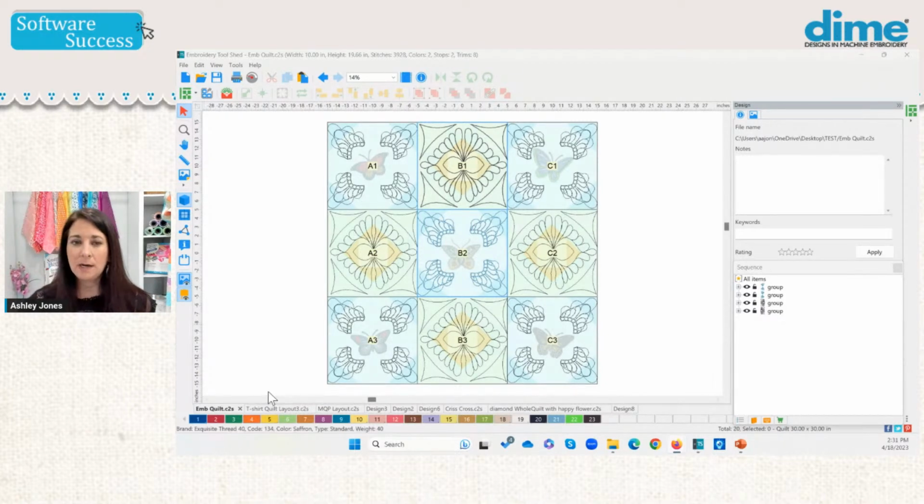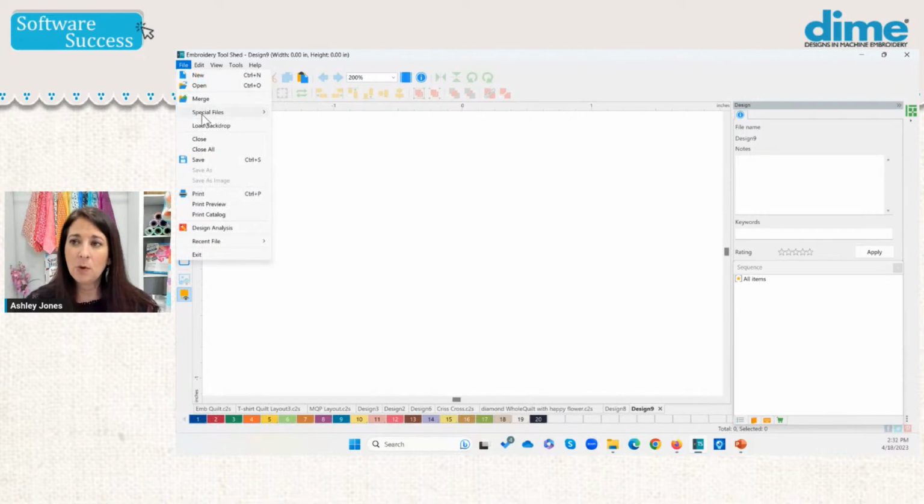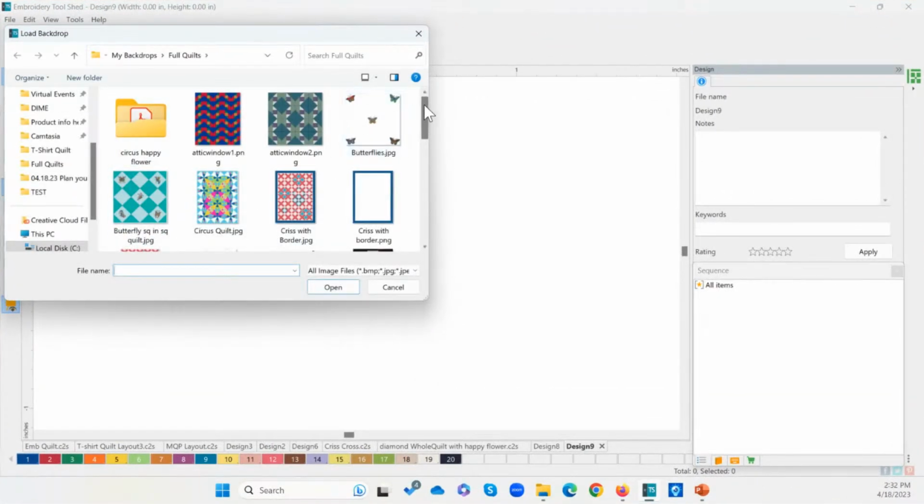Okay, so now let's talk about if you're designing on something that doesn't have the setting for the squares. I'm going to open up a new page here, and I am going to select my setup or my picture first. It doesn't really matter. If you already know what your quilt is, you can select the setup and build it and then import your image. It doesn't matter the order. For this one, I'm going to use an image of a jelly roll quilt that I created.